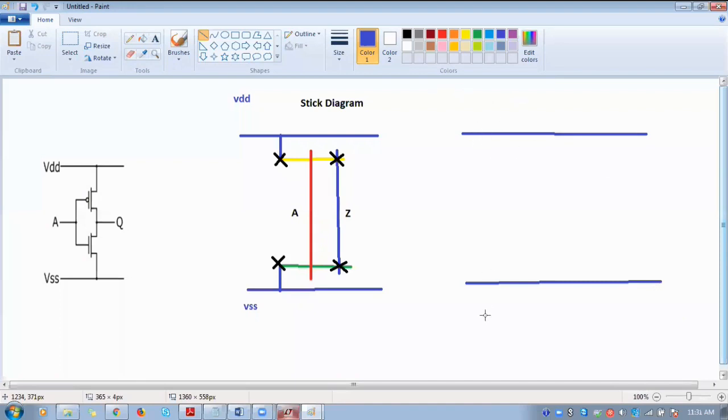So VDD has to be connected here, VSS. So for a two input NAND gate, we need to connect two PMOSes in parallel. So parallel connection I am doing this, and we have to connect two NMOSes in series.